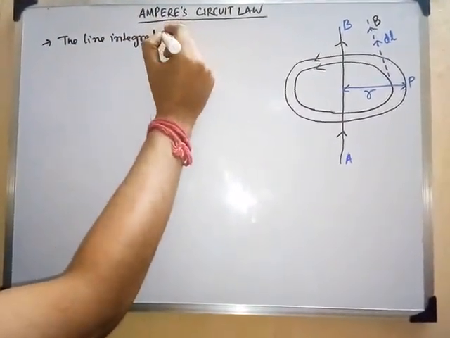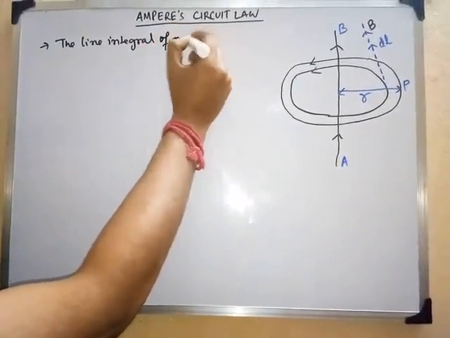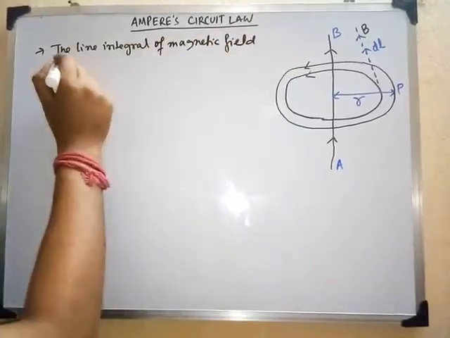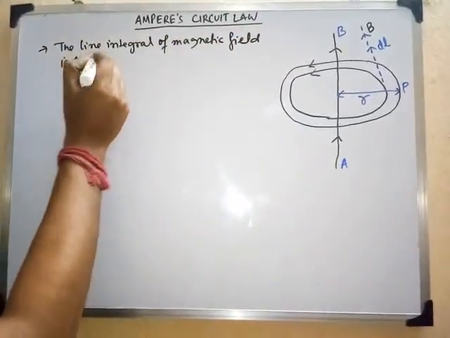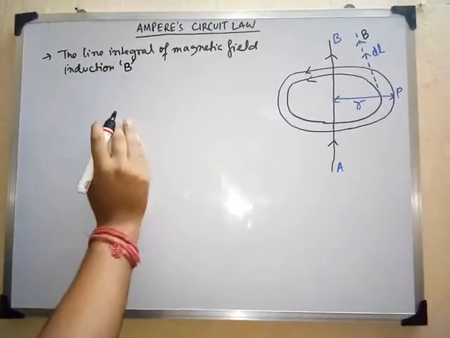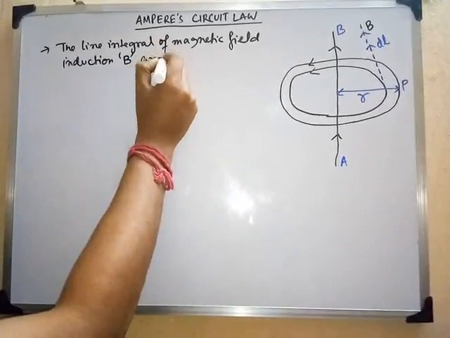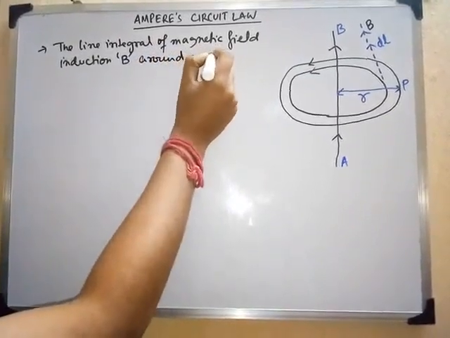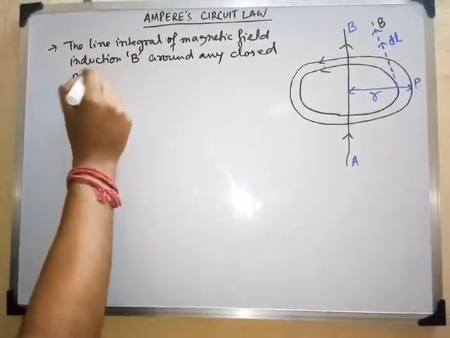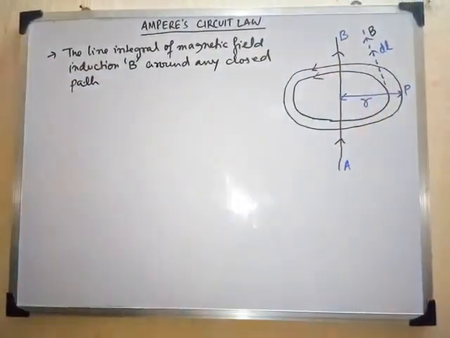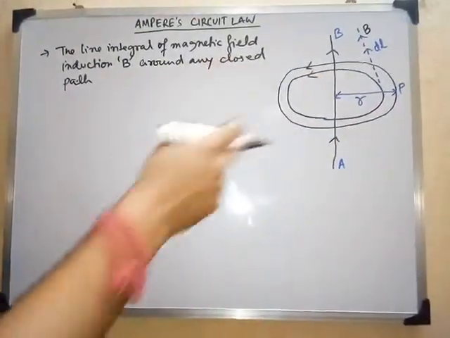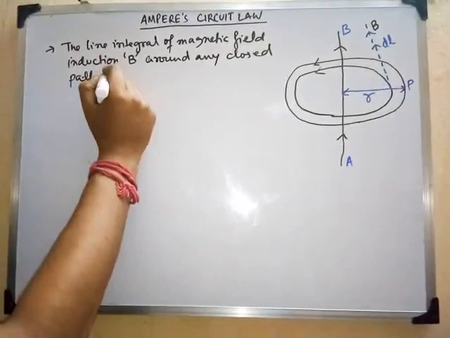The line integral of magnetic field induction, also commonly known by this expression B, around any closed path. See here, one circular path is there, so this path is a closed one, there is no gap in between, so it can be considered a closed path in vacuum